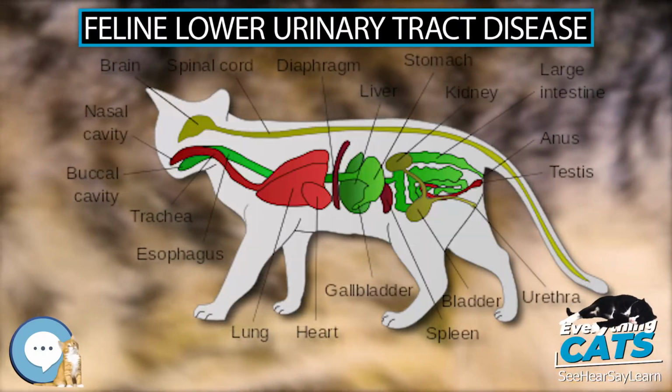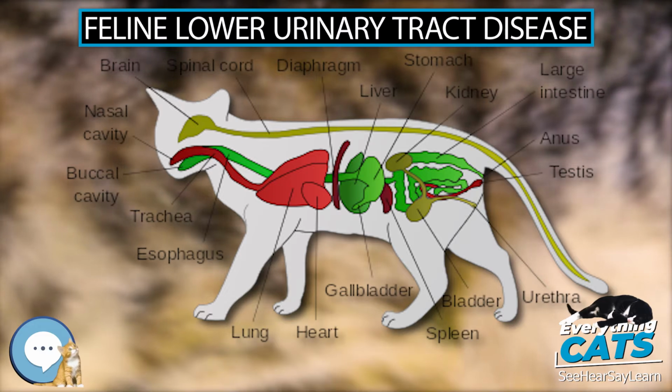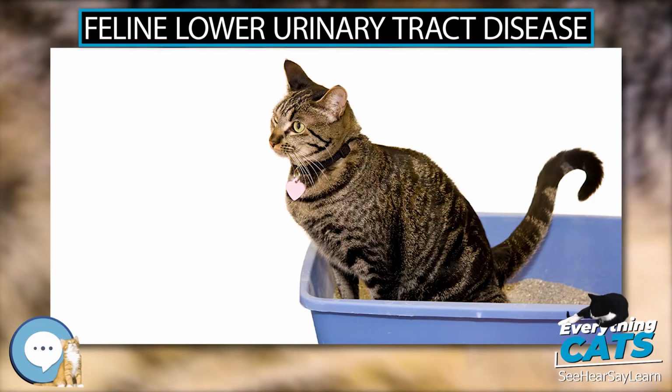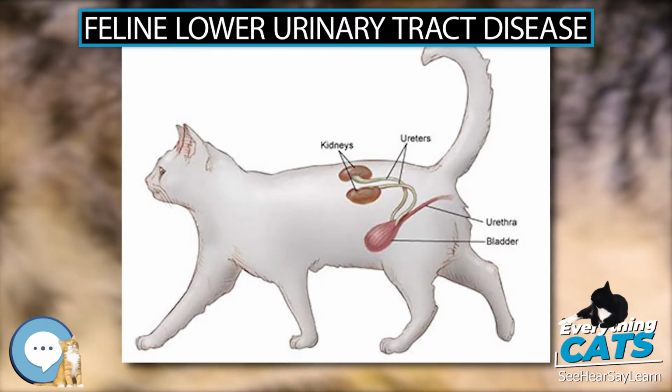Feline lower urinary tract disease. Feline lower urinary tract disease, FLUTD, is any disorder affecting the bladder or urethra of cats. It encompasses causes and conditions that result in